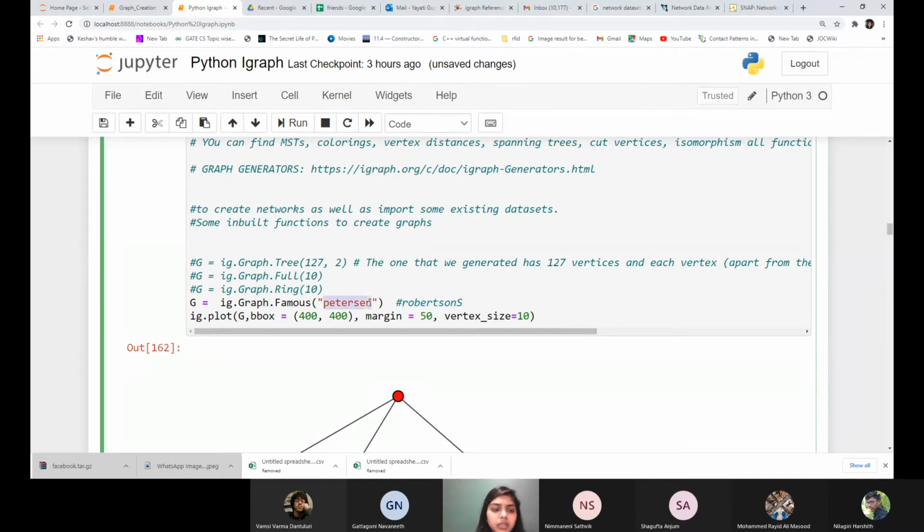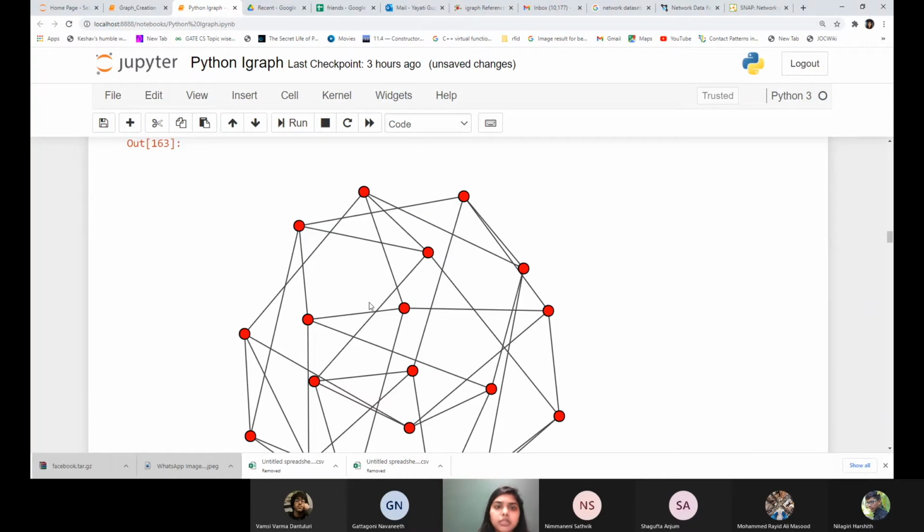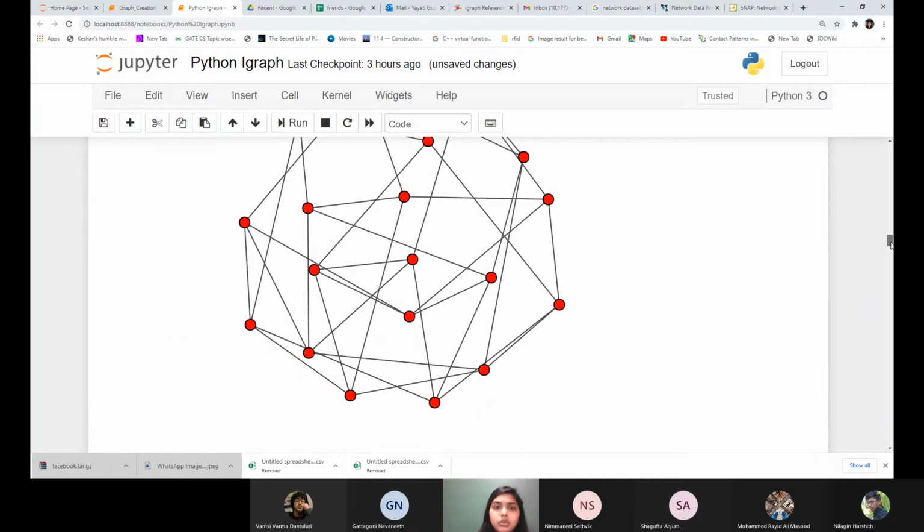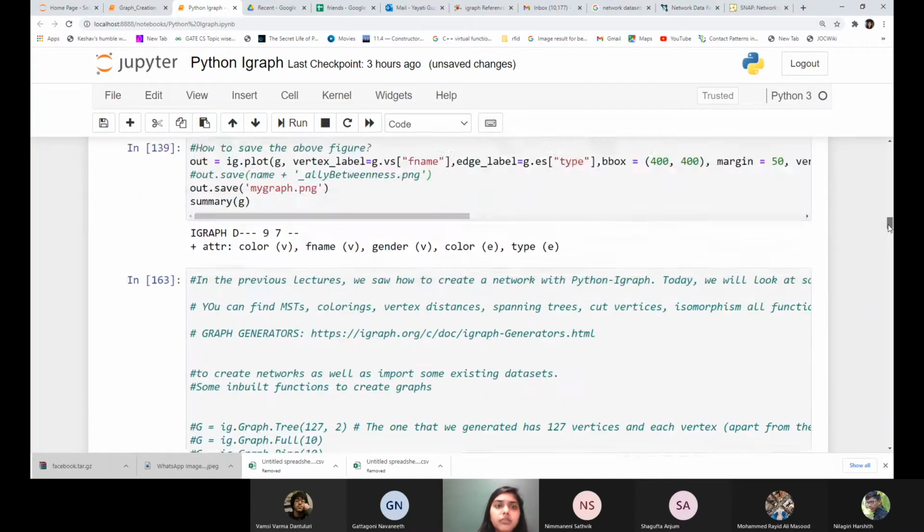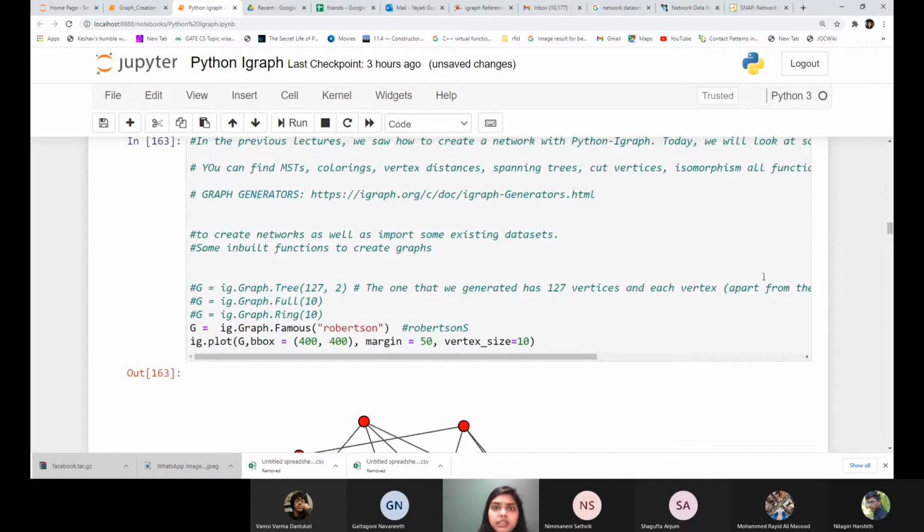These are named after the names of some scientists. This is a Robertson graph. So these are the few implicit graph generators we have, which might come in handy for some purpose. But most of the time in this course, we are going to use the random graph generators, which we'll talk about in the next few lectures. Sometimes as a baseline, you can keep these deterministic graphs at hand, and later on you can add a few edges to them based on certain algorithms.